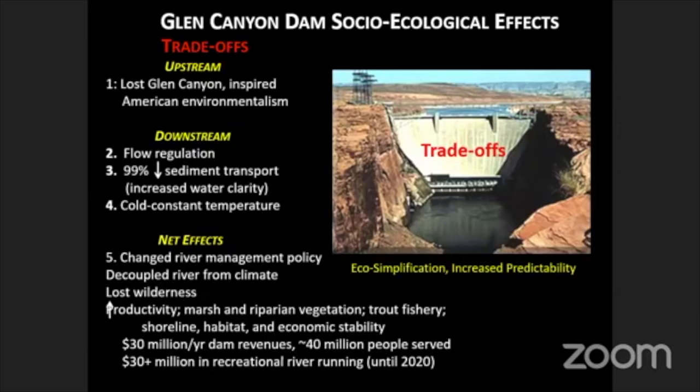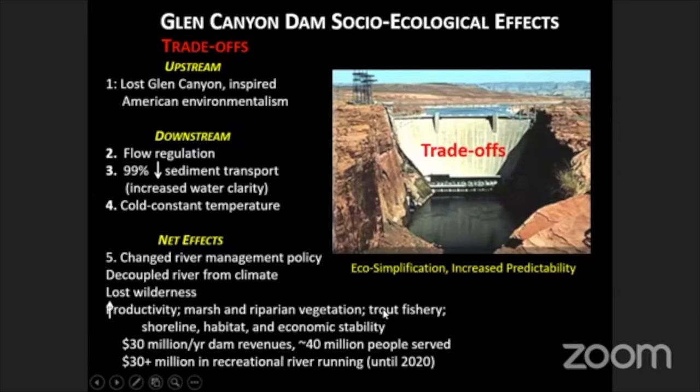It doesn't necessarily work out too well for the ecological systems associated with those settings. Among the other net effects of the dam have been that the dam decoupled the river from climate. We have, again, a couple of years of water storage in the reservoir, Lake Powell Reservoir, upstream from the dam, and that reduces the influence of climate really on the downstream river. As I said, we lost the wilderness, but oddly, with the clear cold water, we've increased productivity, riparian habitat development,